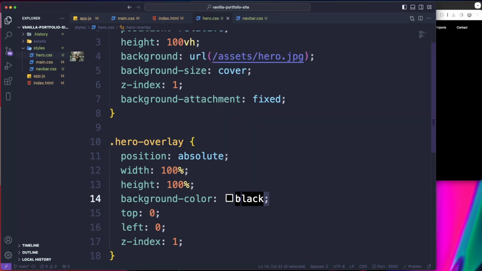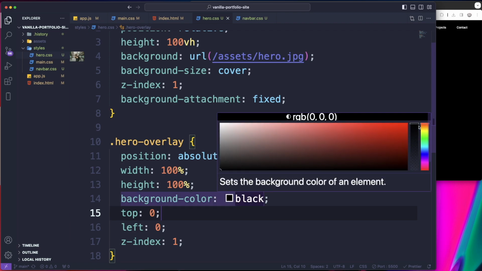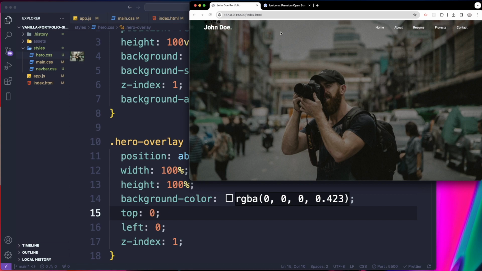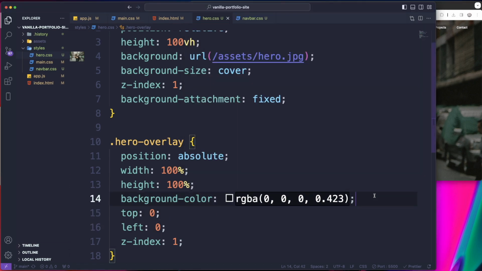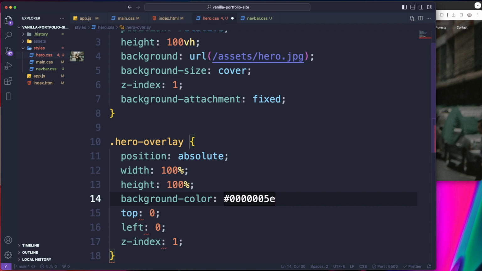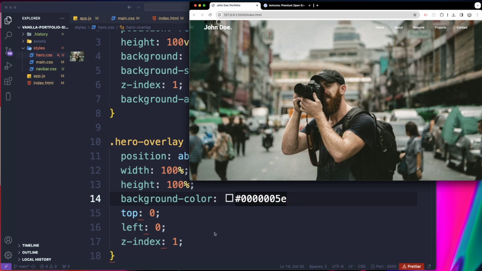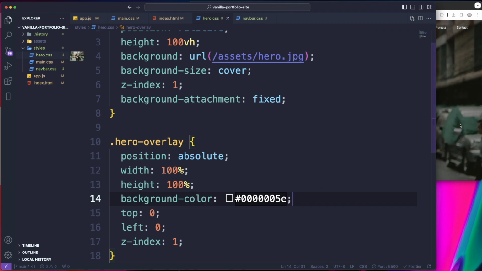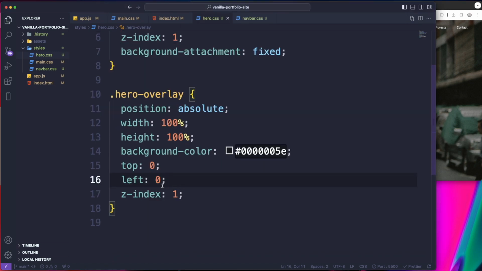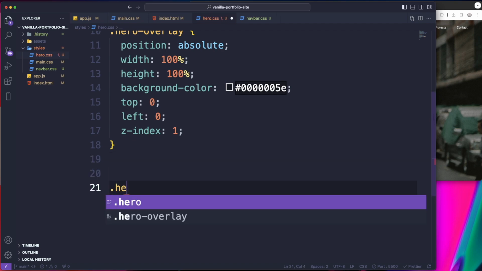To play around with it, you can just hover over this color and change the opacity like this, and then save it. As you can see, it's a little darker. You can see the text and links now. But I found one that was perfect for me, so I'm gonna do pound 1 2 3 4 5 6 5E. That color there. Let me do that. There we go. Perfect. So now it's a little bit darker here, and you can see the links and the hero logo now. That's the overlay. So now let's go ahead and grab the hero content,